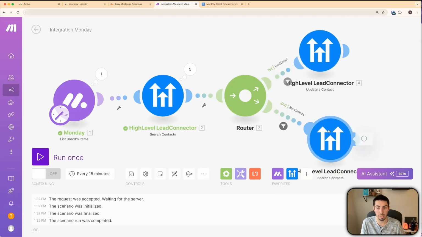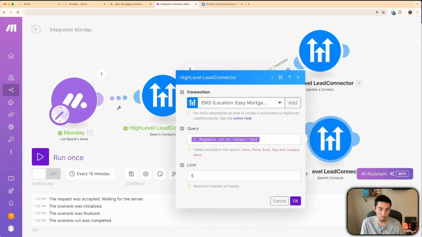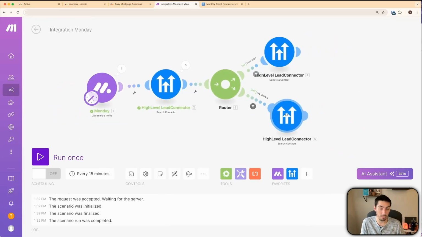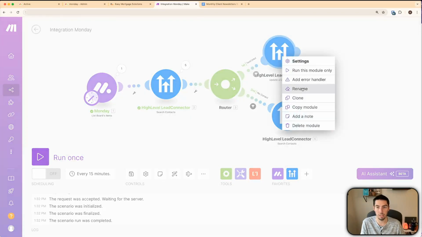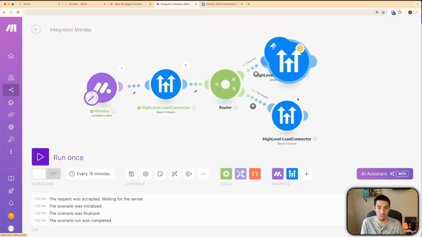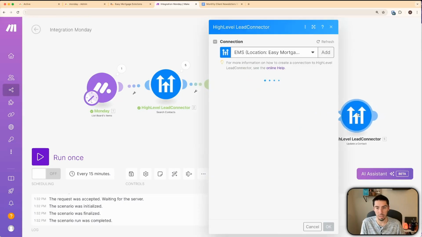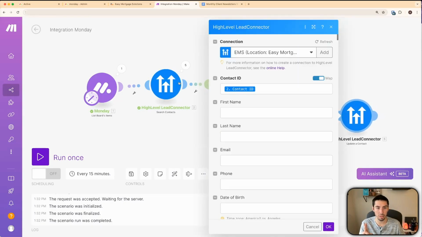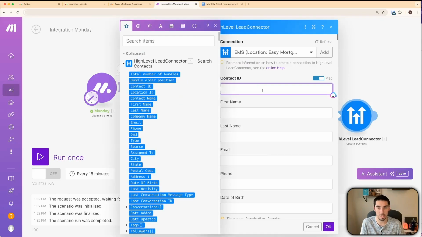Then it will search again. And this time we're searching for the phone number now. And then if it finds it via the phone number, we're going to update the contact. So I'm going to clone this, make it easy, update a contact, and I'm going to connect it here. And this time, one little change we have to make in here is we can't use the contact ID from here because it didn't find one. So now we need to use the contact ID